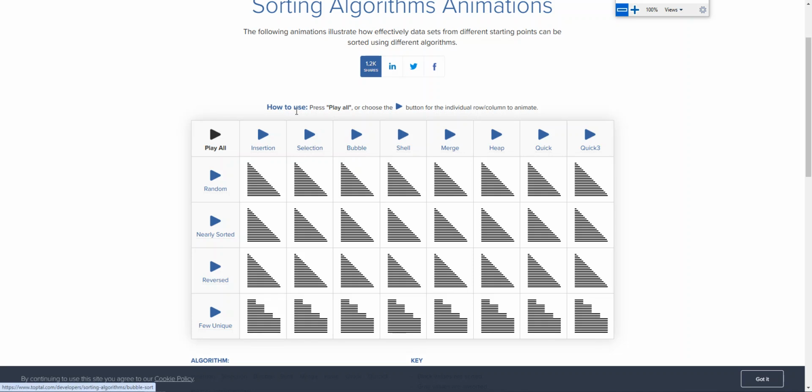We'll see selection and insertion sort later as well, but they're not so different from bubble sort. They just deal with things a little differently. Bubble sort will find the smallest number and bubble it up to the top, and then the next smallest number and bubble it up to the top. That's effectively what it's going to do for the whole thing, and it's going to swap every time it moves it up,